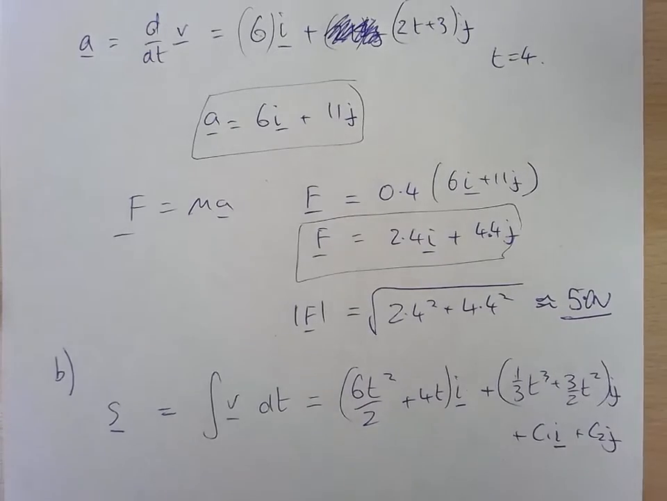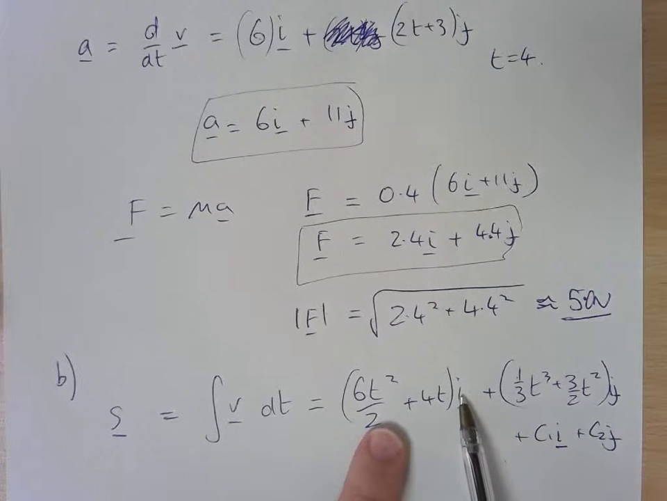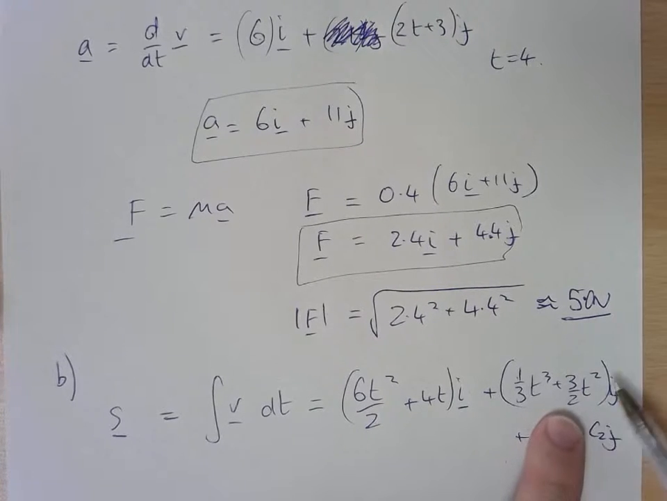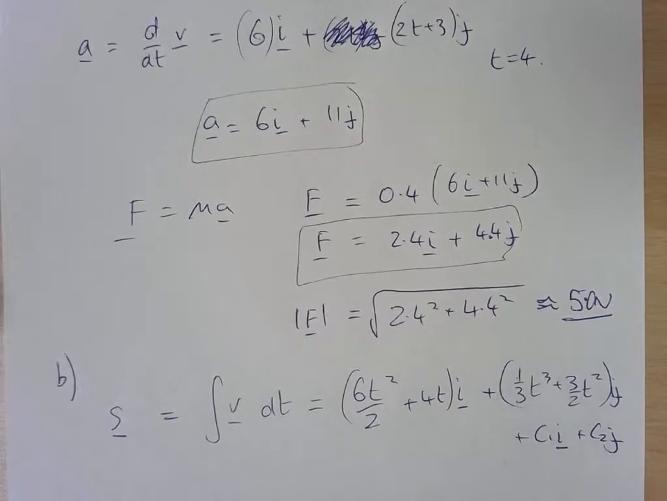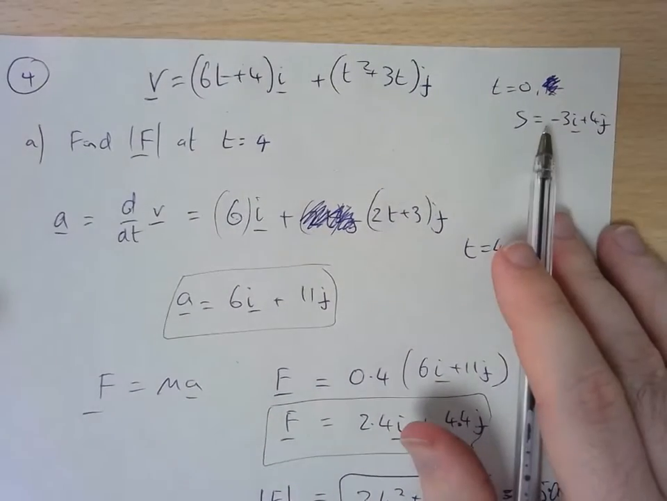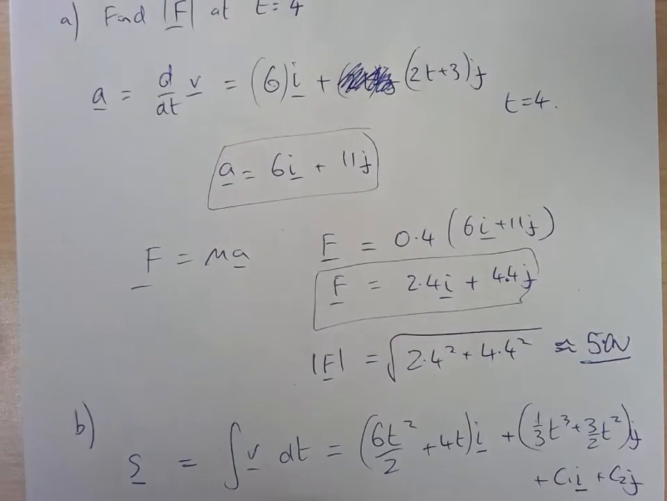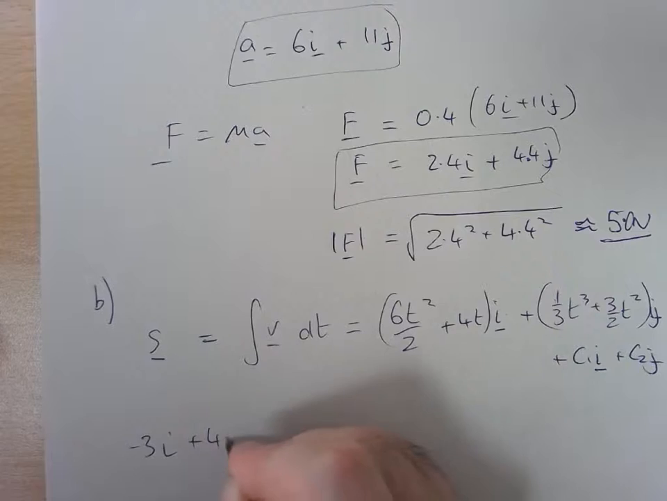So we need a constant for each of our vector terms, because this integral here could have produced a constant which would be hit by the i and become an i vector. This one here would have had a constant that would be hit by a j, and we get it here. These could of course be 0, but we need to take into account the fact they could be there. We're going to go back to our initial conditions, which I wrote up here: t equals 0, s equals this. So if I write in my minus 3i plus 4j